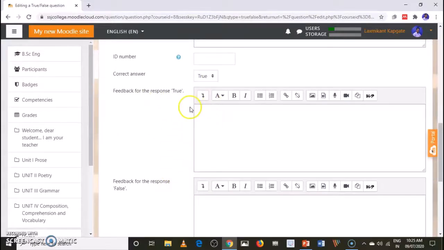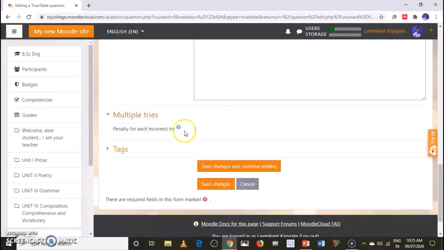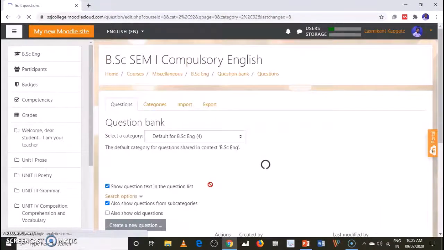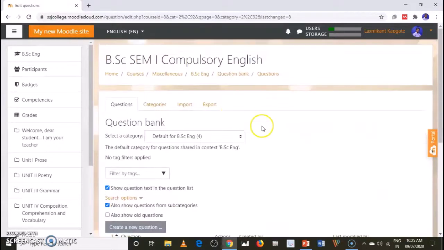And if you want to add feedback, you can write here. Penalty, okay, that is okay. Then click on save. So these 2 questions I have added here, one is multiple choice and one is true and false. Now these 4 questions I have added. Now again you go back to your course.